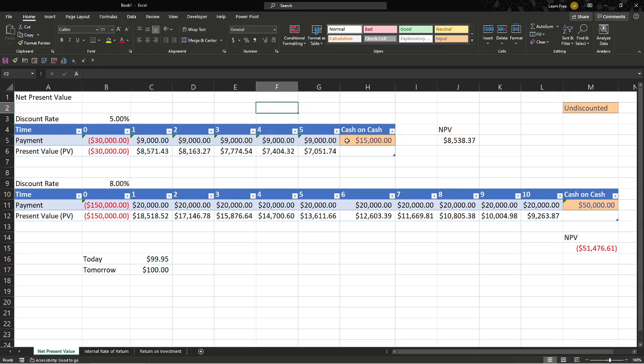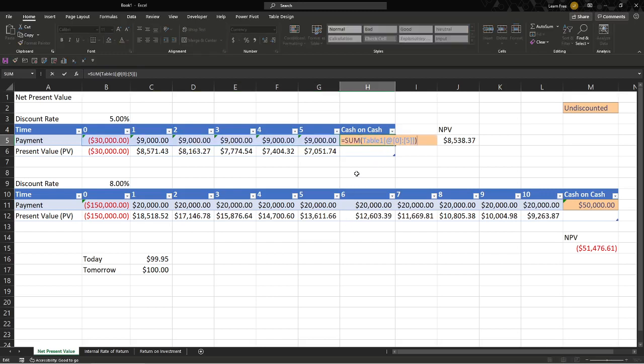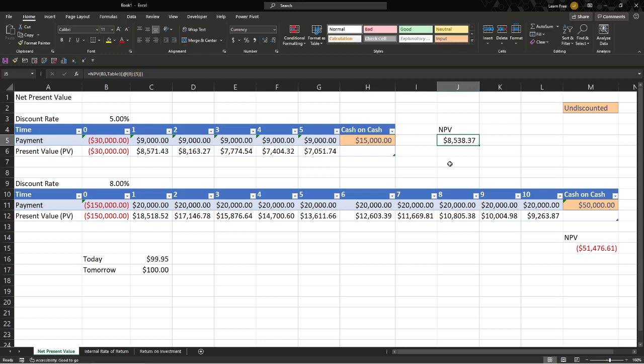Initially, it seems like a no-brainer. Yeah, I'm going to make 50%. If I put 30,000 here, I've got 45 coming in over time. Overall, I'm going to do this. I'll make $15,000. I'll look like a genius. Not necessarily. That's the cash-on-cash return, and that is not how you evaluate a capital project because there is the